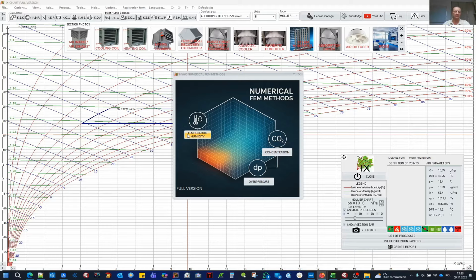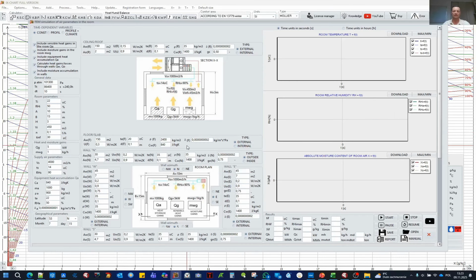However, this is for the combination of two initial parameters. Here we can conduct a full analysis for all climate data for 8,640 hours in a year, and study how this will translate to the parameters inside the room. I am starting our first module, and